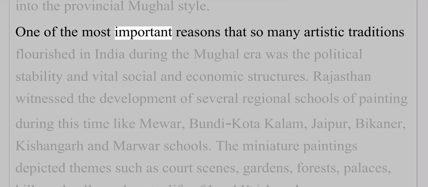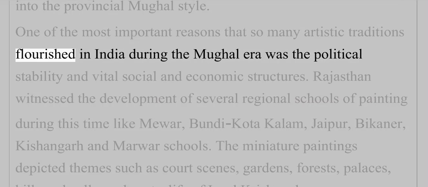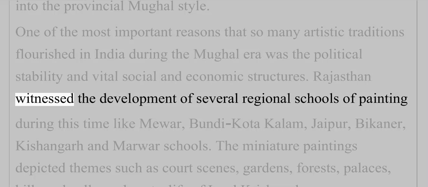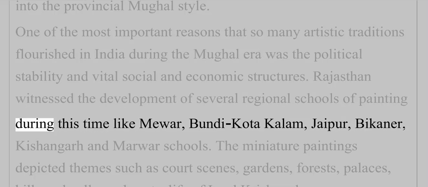One of the most important reasons that so many artistic traditions flourished in India during the Mughal era was the political stability and vital social and economic structures. Rajasthan witnessed the development of several regional schools of painting during this time like Mewar, Bundikota Kalam, Jaipur, Bikaner, Kishangarh